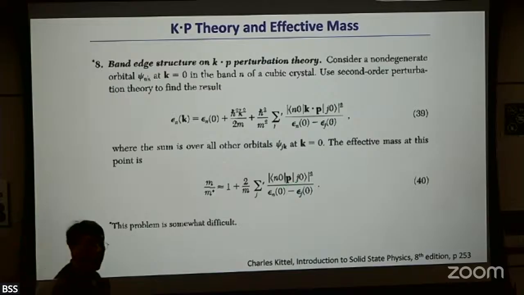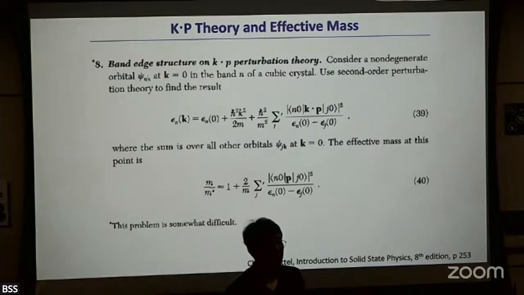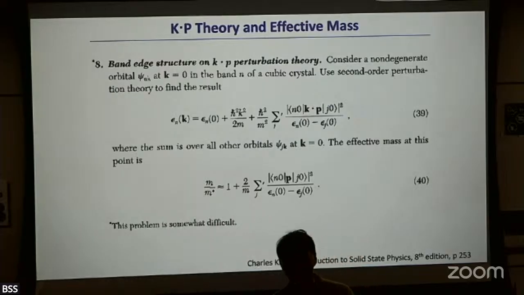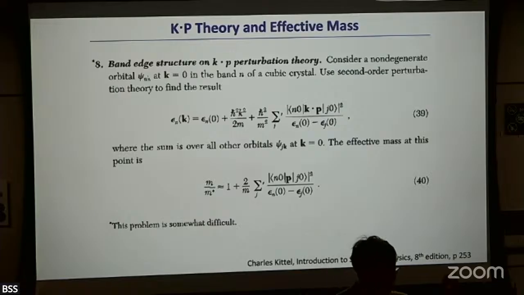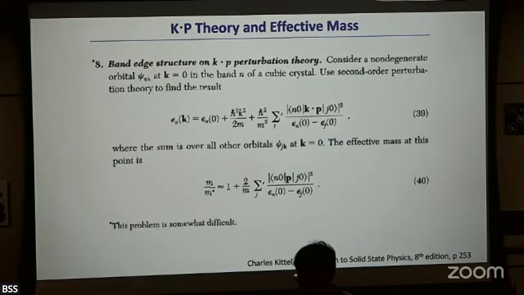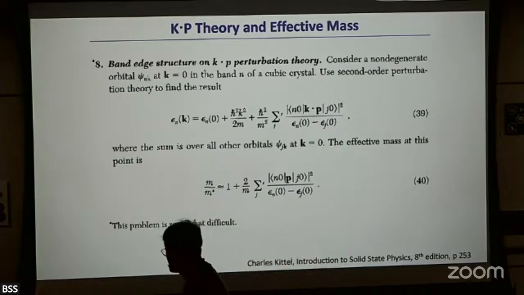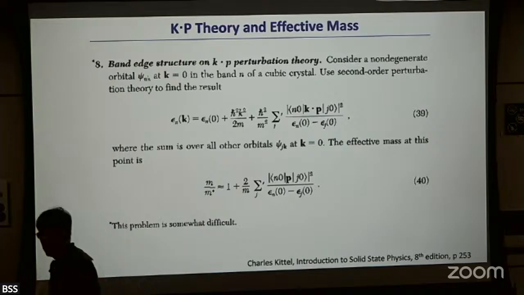So we may ask the following. We naturally know that if you calculate the band structure, the dispersion will give you the so-called effective mass. The second derivative of the band dispersion gives you the effective mass. And for typical solids, unless you are dealing with heavy fermions, the effective mass is about the electron mass or smaller. Especially in semiconductors, the effective mass can be quite small, right? Gallium arsenide is only 6% of the bare electron mass. You may ask why the effective mass is so different from the bare electron mass.